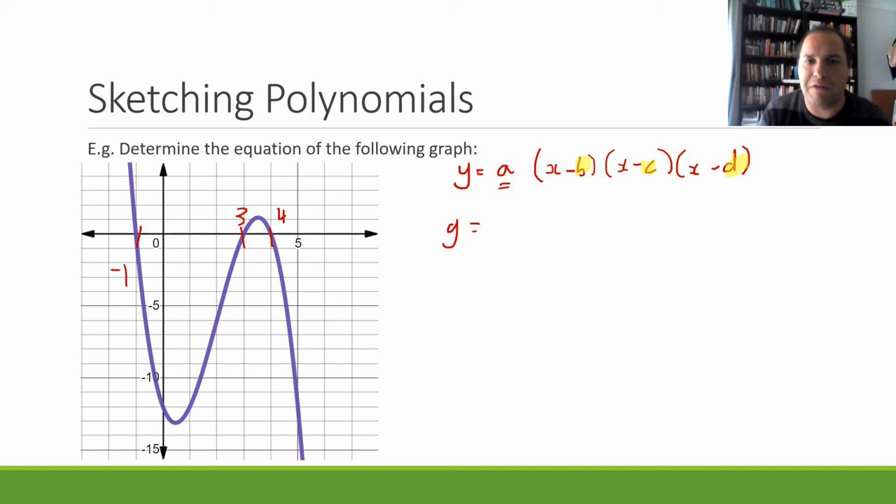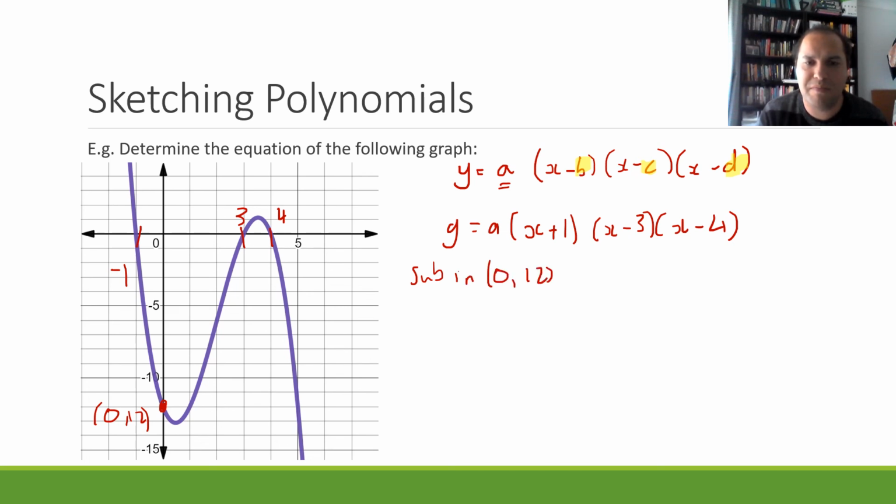So therefore our graph will be x minus -1, or +1, x minus 3, x minus 4 for each of those intercepts. Now we just need our a value. We can just substitute in a value to work out what that a value is. Looking here for our y-intercept, that's at 0, 12. So we can sub in